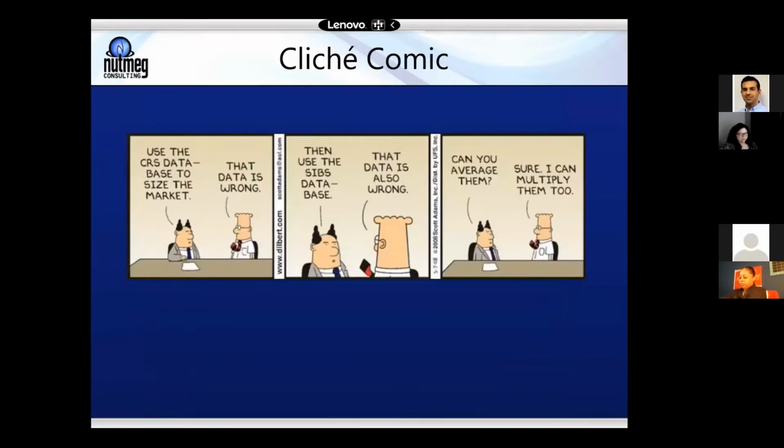And of course, the cliche comic: use the CRS database to size the market. That data is wrong. Then use the SIBS database. That data is also wrong. Can you average them? Sure, I can multiply them too. I'm sure as you can all appreciate this comic when it comes to pulling data out. The biggest issue that we all hear is the data going in is no good, the data coming out is no good. So again, hopefully this review of the high impact assessments will help cement the real purpose behind